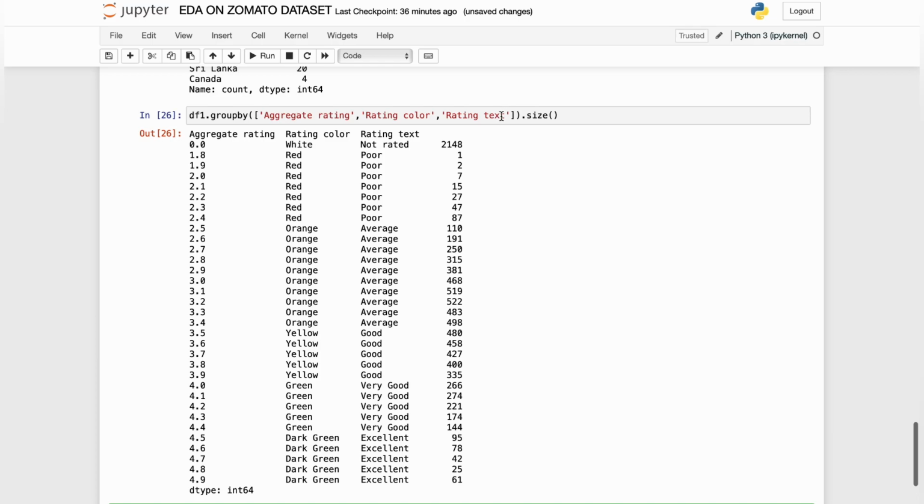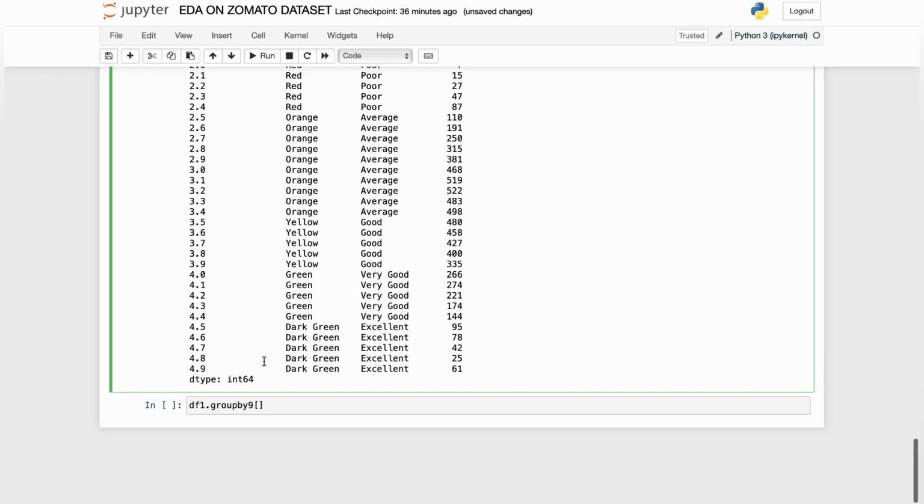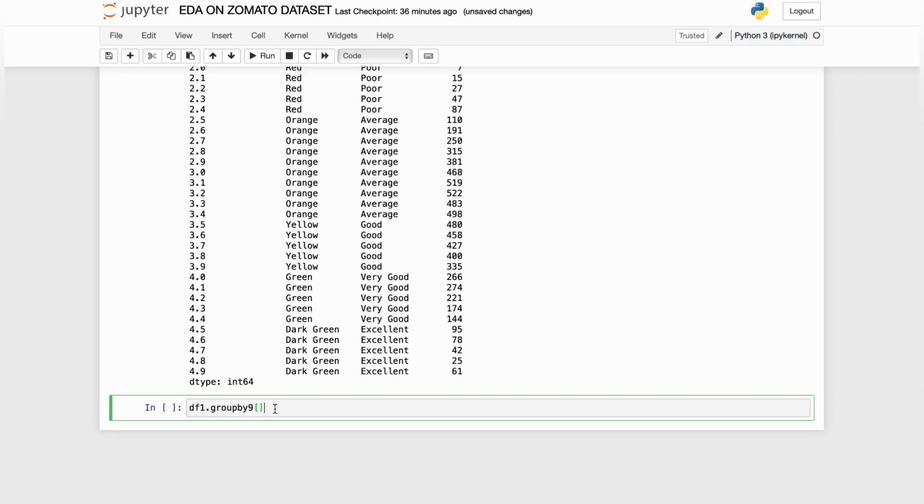We'll copy all from here and paste it here, and along with the size